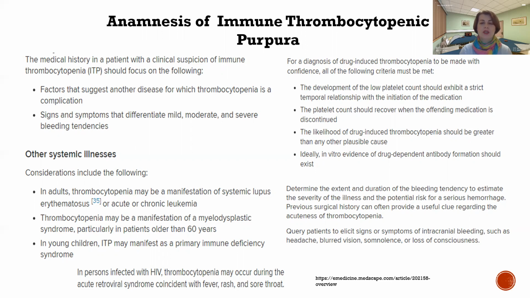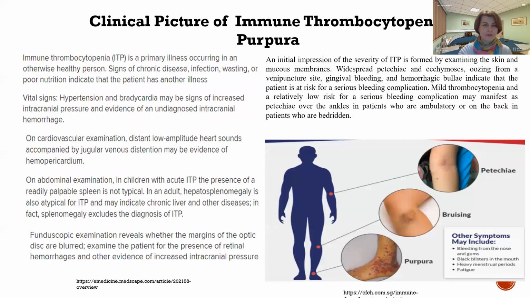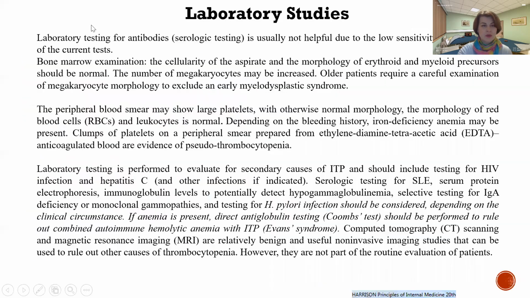Determine the extent and duration of the bleeding tendency to estimate the severity of the illness and the potential risk for the serious hemorrhage. Previous surgical history can often provide a useful clue regarding the acuteness of the thrombocytopenia. Query patient to elicit signs or symptoms of intracranial bleeding, such as headache, blurred vision, somnolence, or loss of consciousness. Immune thrombocytopenic